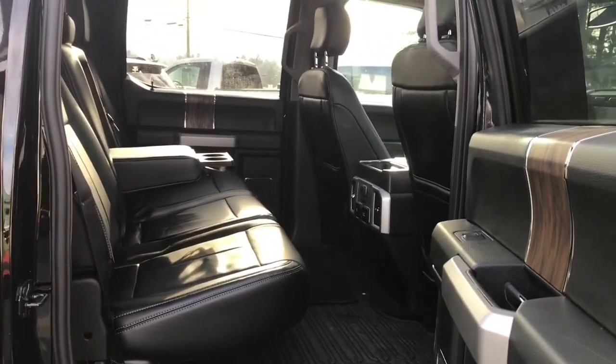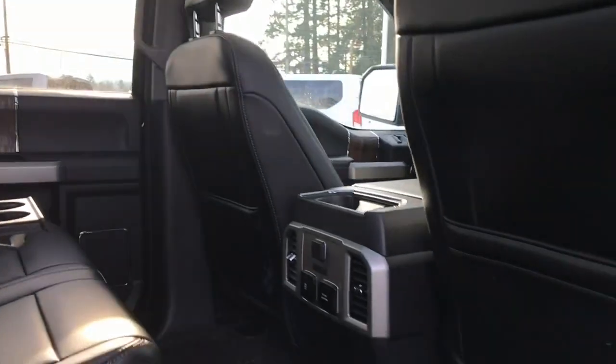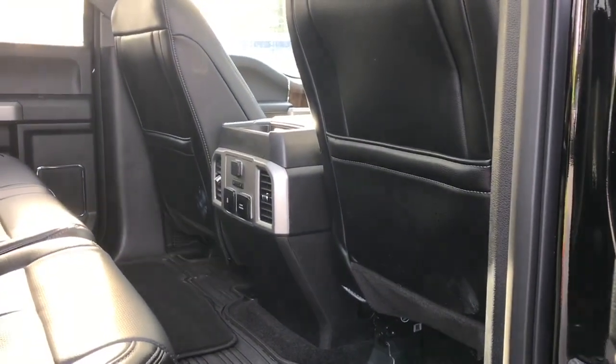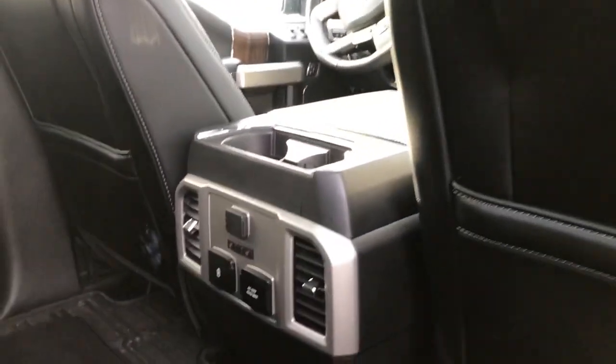There's seating for 3 in the back with a 60-40 split. Easily lift the seat with one hand. It's in the upright position, and then use the tab to pull it back down. There's anchors at the base to be able to tether baby seats, and you have an armrest with a couple of cup holders in the center. There's an all-weather mat that runs from one end to the other, and you also have the option of carpeted mats. Slim pockets on the back of the front seat for extra storage,